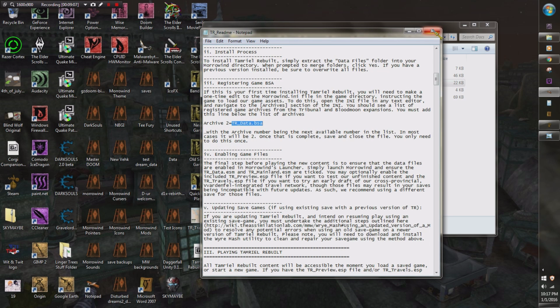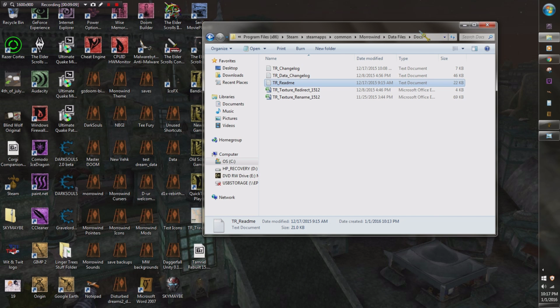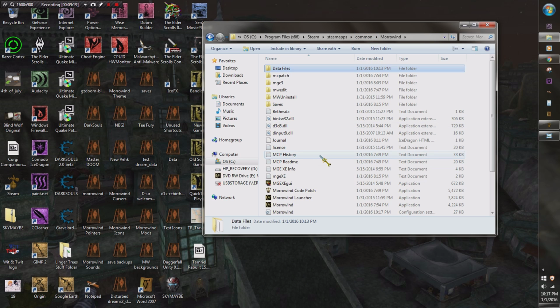Close that. Close that since we don't need it anymore. There's other information you can read in here, the changelog, the redirect, all the kind of fun stuff if you're really into that. And that's pretty much all you have to do to install it. The mod should work perfectly fine now. If you don't do that last vital step, and a lot of people run into this because they don't read the README,